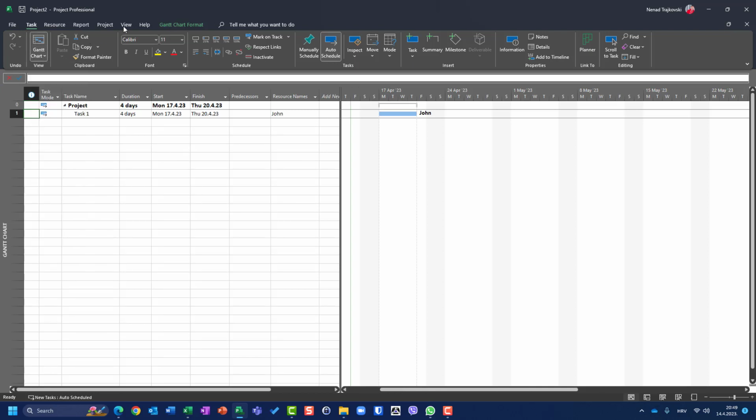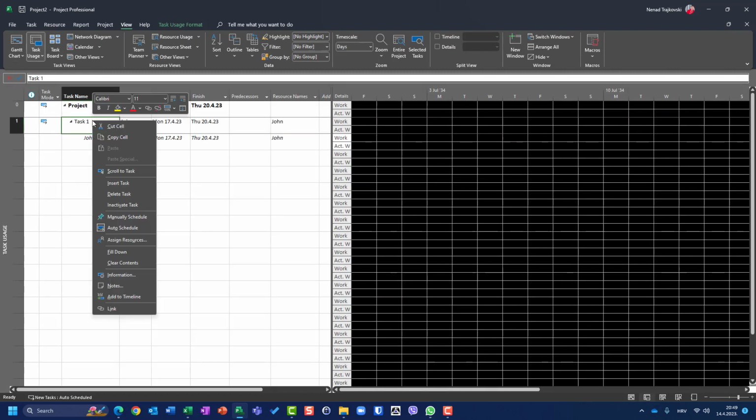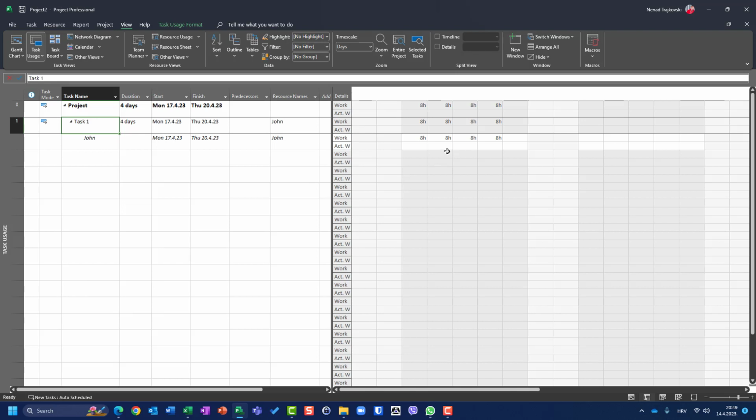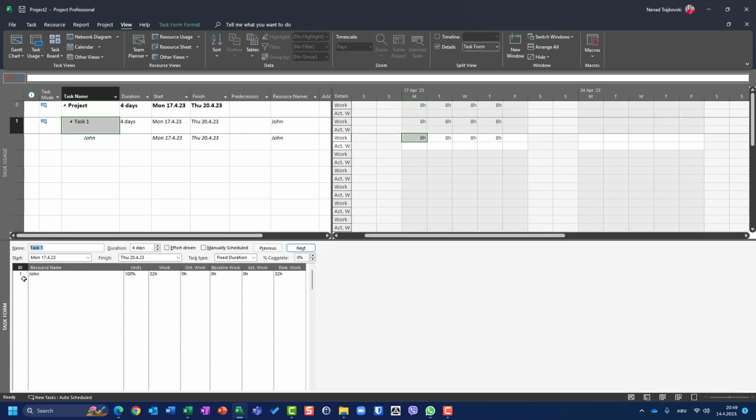the task usage view. Here it is. Scroll to the task, and here it is: 4 days at 8 hours per day. Now we have 8 hours per day, and now I put some actual work here. Let me see the details, and you will see John is working 100%, 4 days multiplied by 8 hours